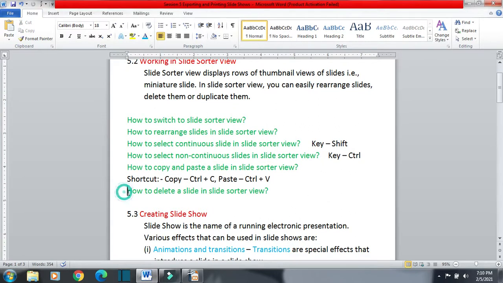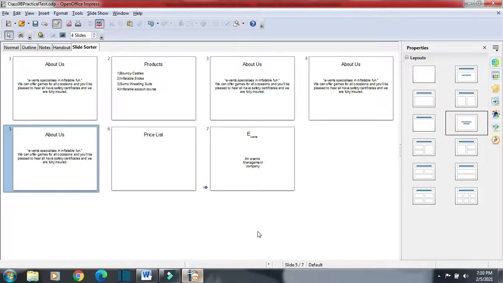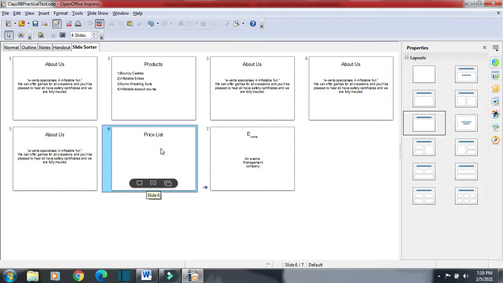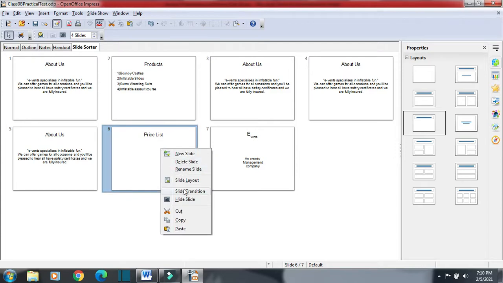Now if you want to delete a slide in slide sorter view, suppose we have these slides, three duplicate copies we have created, and suppose I want to delete this one, price list. We have multiple options to delete a slide. We will select the slide and then right click, and here you can see the option delete slide.